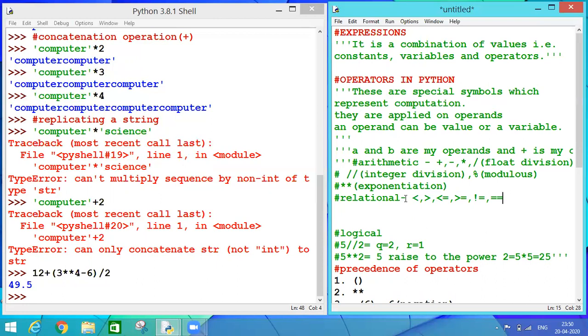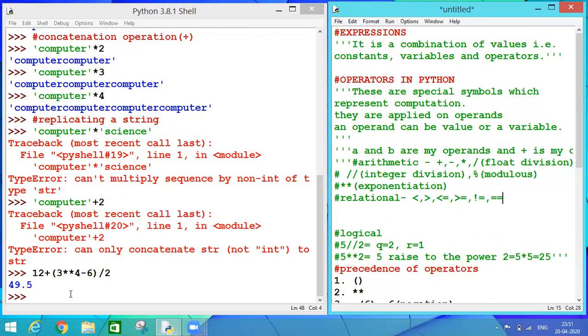So why are we calling them relational operators? Because these operators create a relation and they always give the result either in true or false.